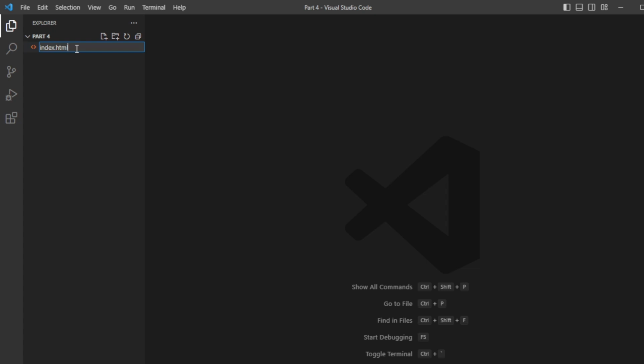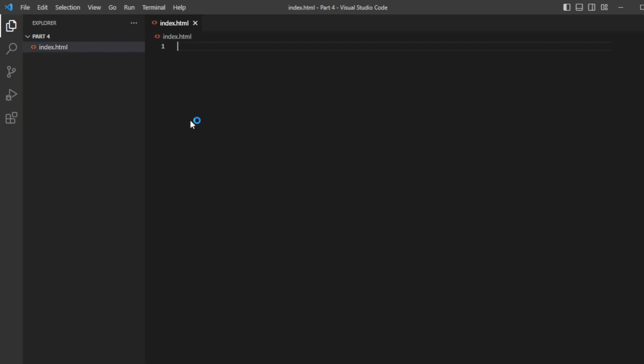So once you create it, click on it. Now here you can see empty file. Already one file has been created with index.html in your folder structure. So now we will start creating our first HTML file. Firstly, we will create document type tag